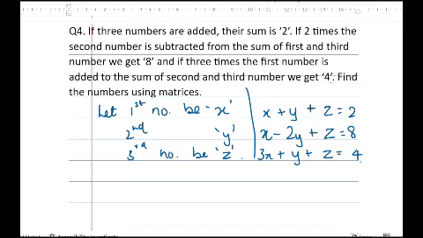Because in every case the third number is having the coefficient 1, right? Z, Z and Z. Nothing is multiplied to Z. You can easily get rid of Z in any two of the equations, solve them as a simultaneous, put them into another third equation and find the value of Z. Alright. But since it is given here that you have to find the values by using matrices, what you will